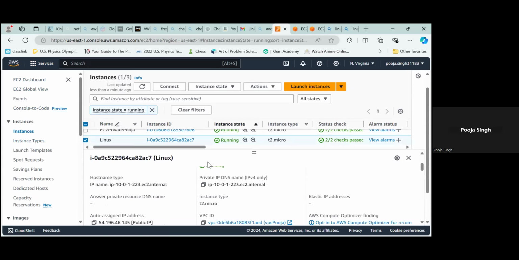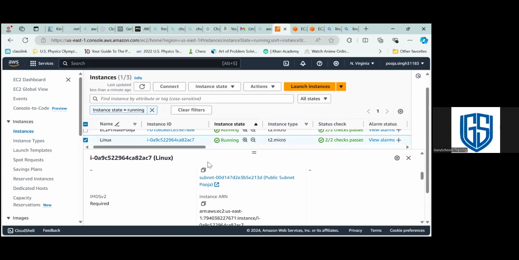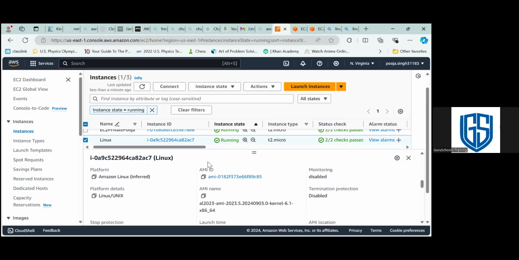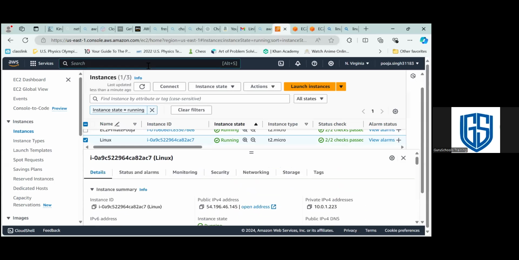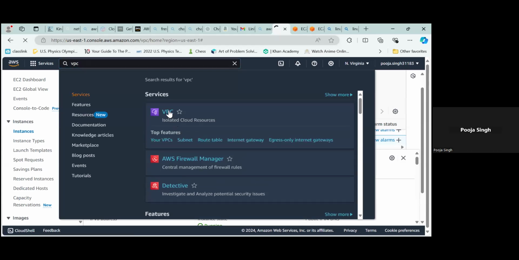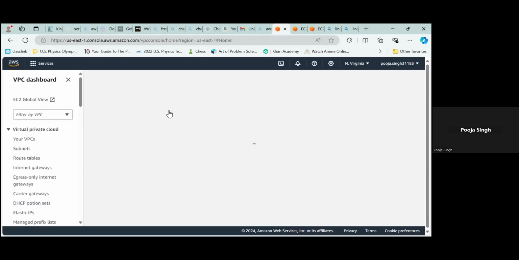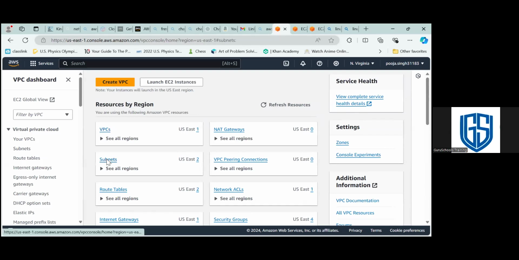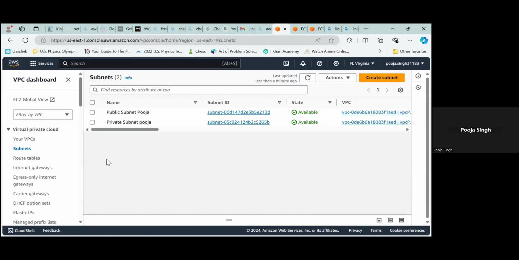Okay. Scroll down. Go to VPC Puja and private subnet Puja. Fine. Now go to the VPC. Type VPC in the search bar. Okay. Select VPC. Go to subnet. Public Puja subnet. Select public Puja subnet. Click on subnet ID. You need to drag the